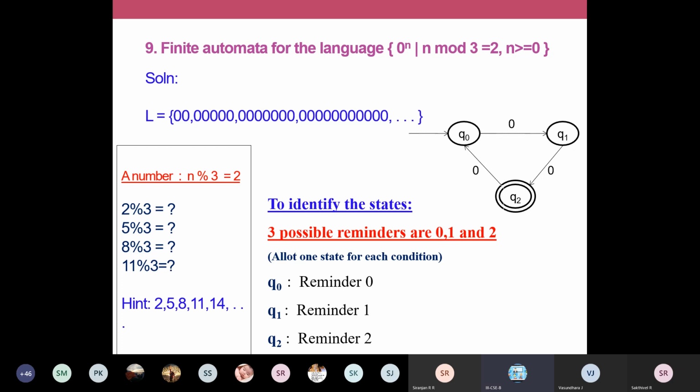Just try to write the language for this. What are the possible values for n?